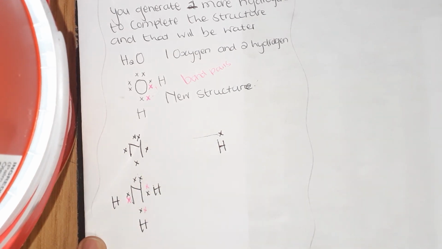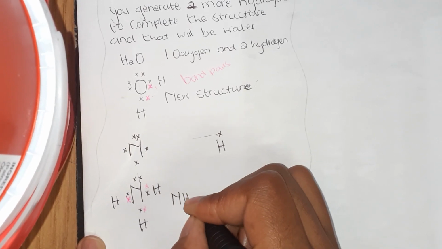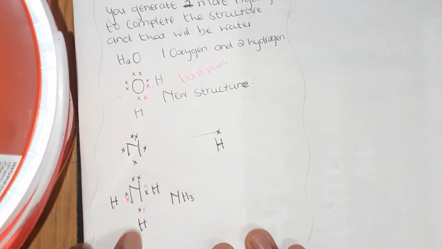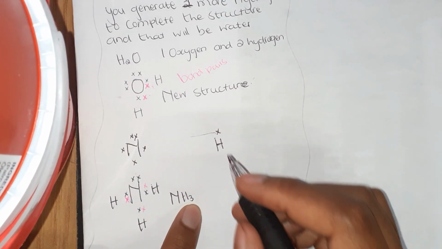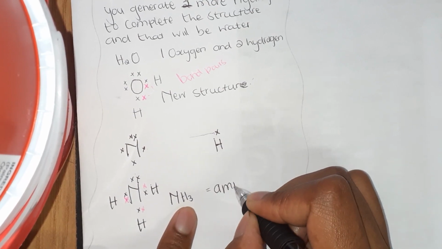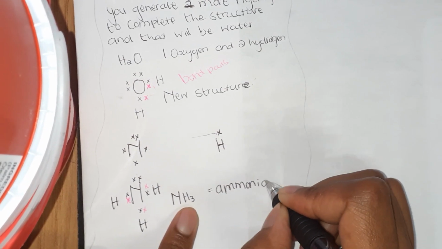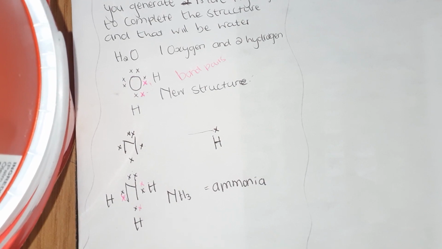This will be NH3: 1 nitrogen and 3 hydrogens, and that is ammonia. They can also give you this bond in an exam. I've seen it where it's given in